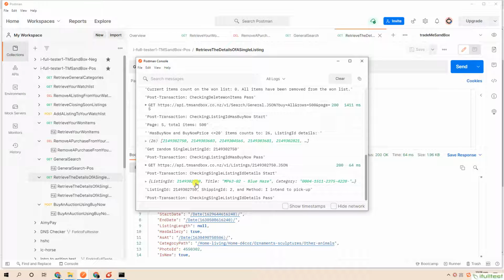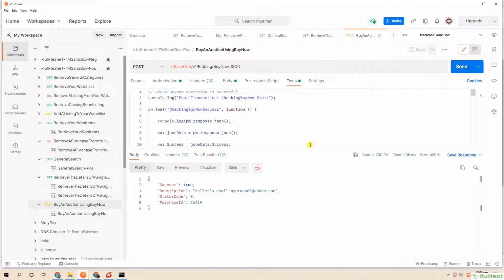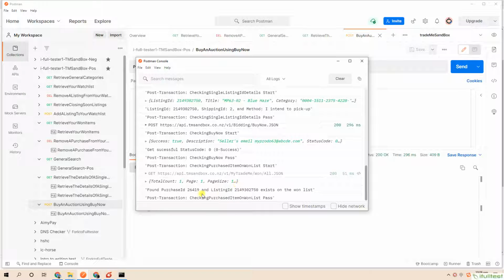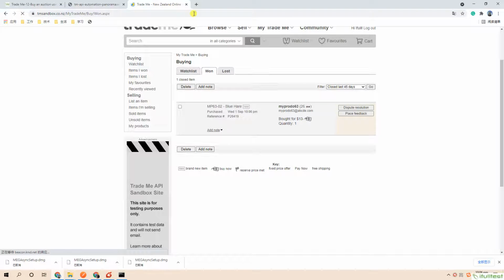Run the final API, we complete the buying process. Turn to check on the front-end page, we get a corresponding item on the 1 items list.